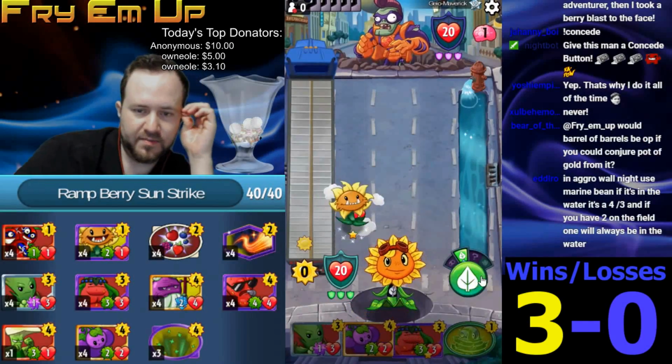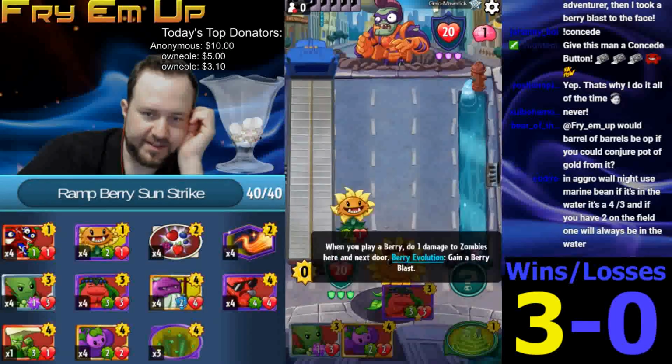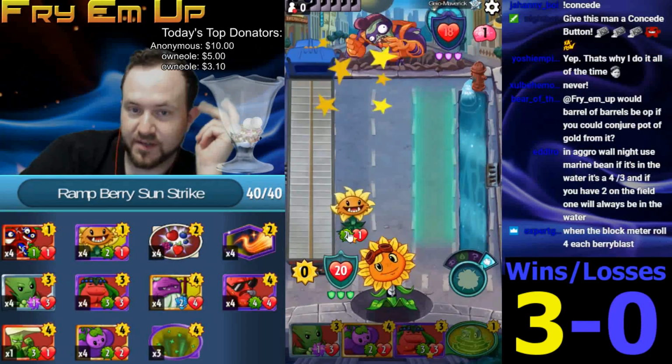Now this we want to go right in the middle because we're going to want the Strawberrian protecting it. This is invincible against Super Brains, by the way. Primal Sunflower,